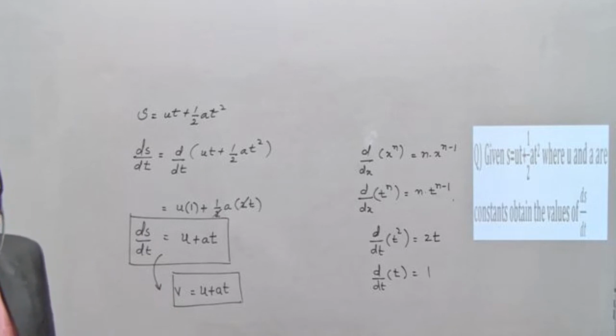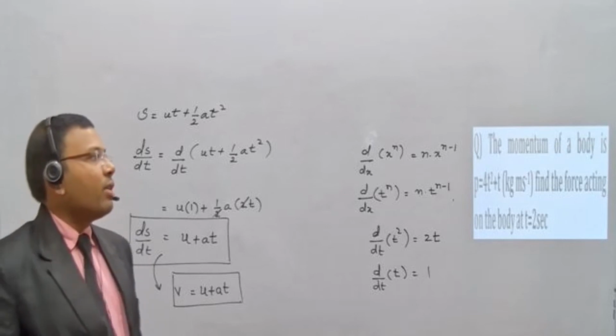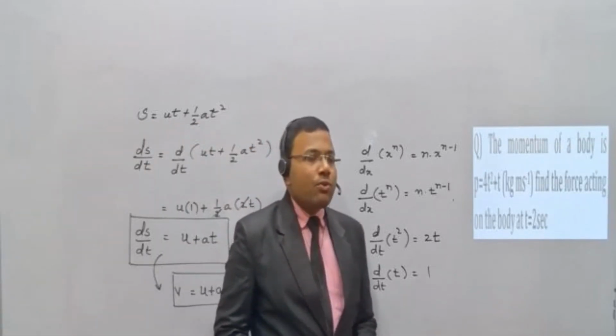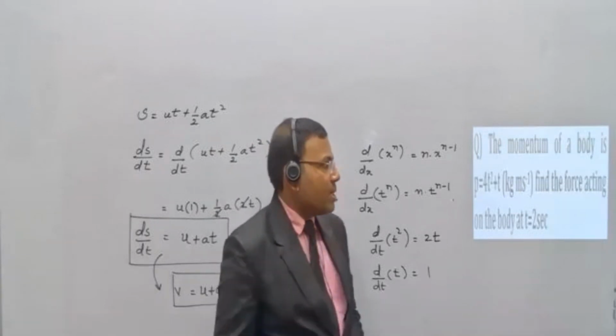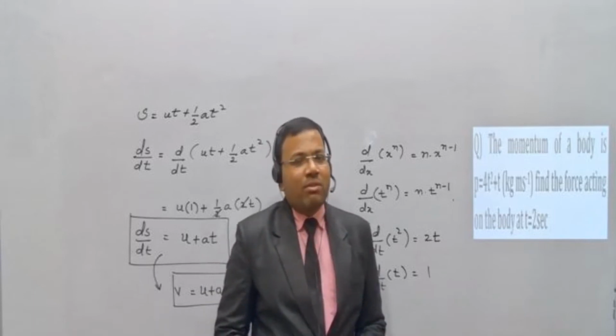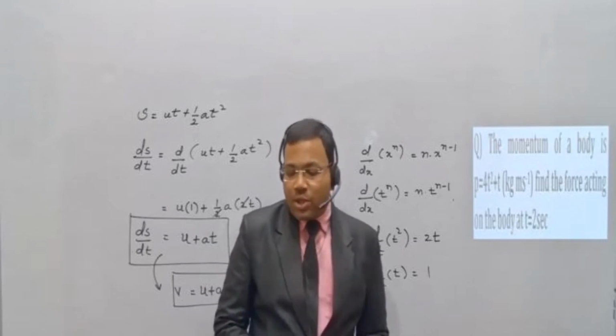चलिए नेक्स्ट क्वेश्चन. The momentum of a body, you can see next question. The momentum of a body is p is equals to 4t square plus t. Its units are given kg meter per second. Find the force acting on the body at t is equals to 2 seconds. तो यहाँ पे t is equals to 2 seconds पे हमारे को फोर्स निकालना है बेटा. तो मोमेंटम दिया हुआ है. चलिए आइए,